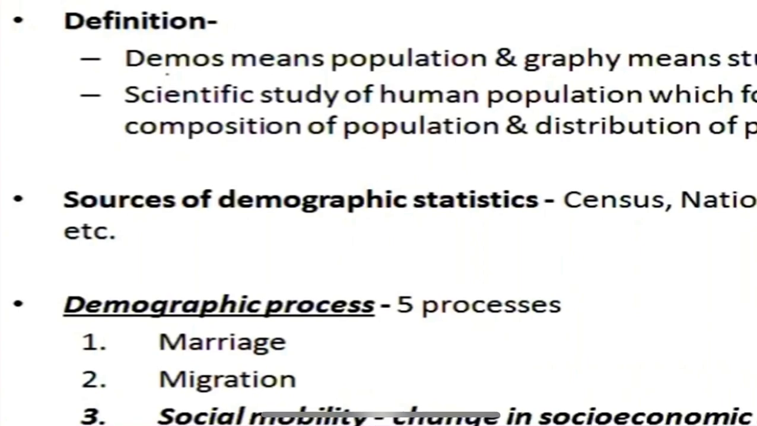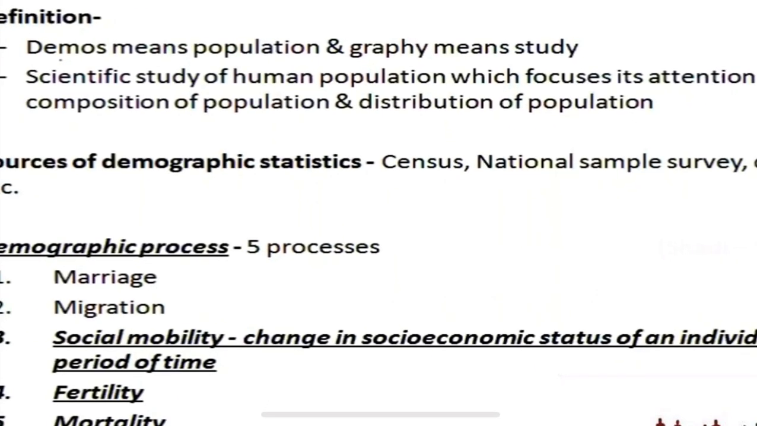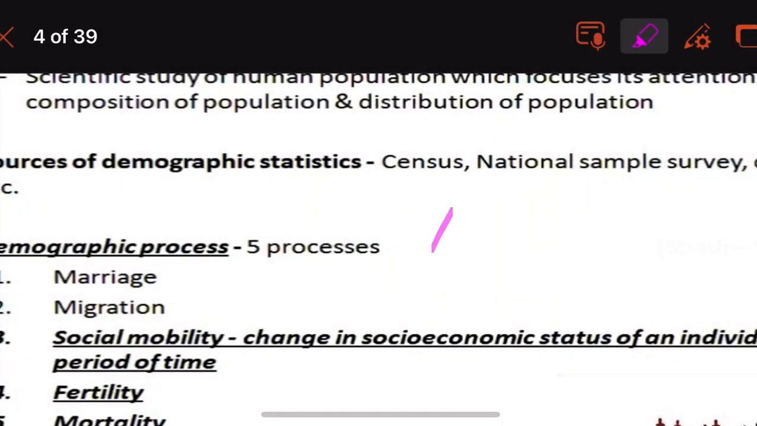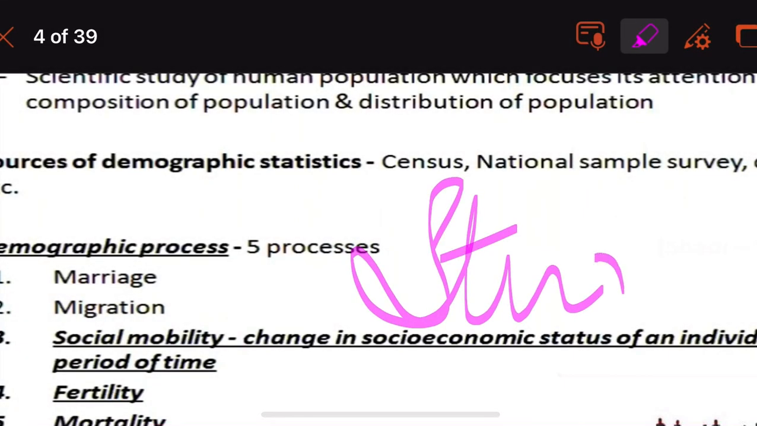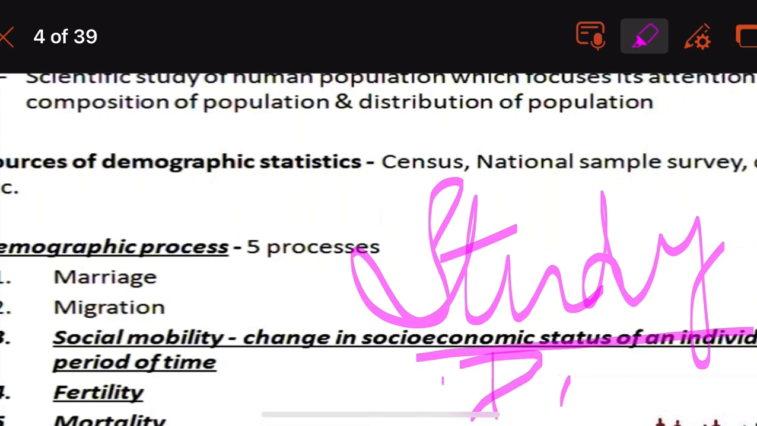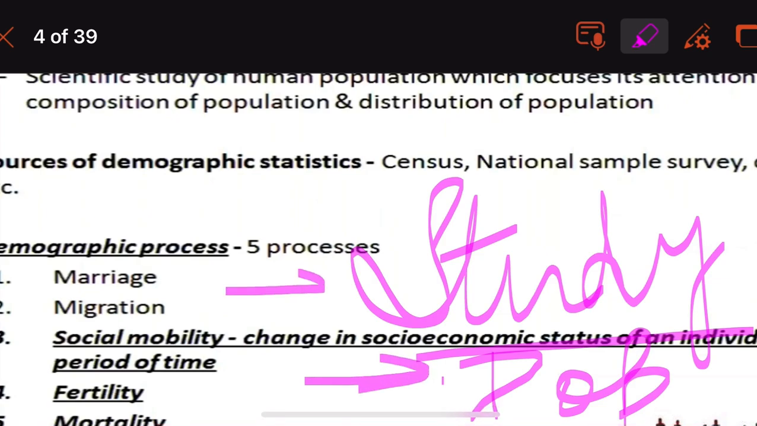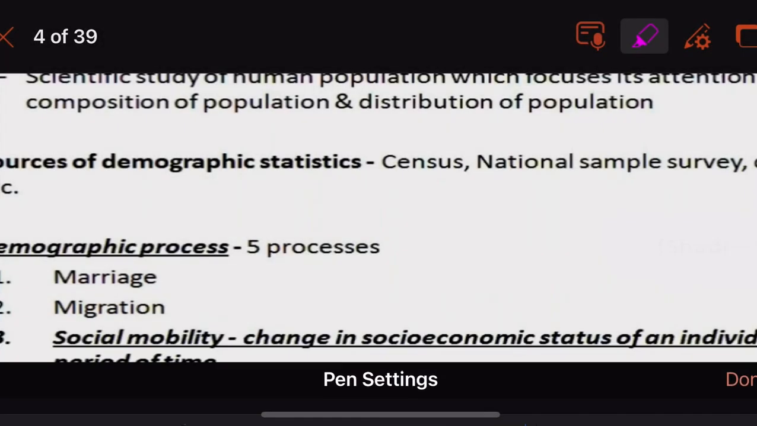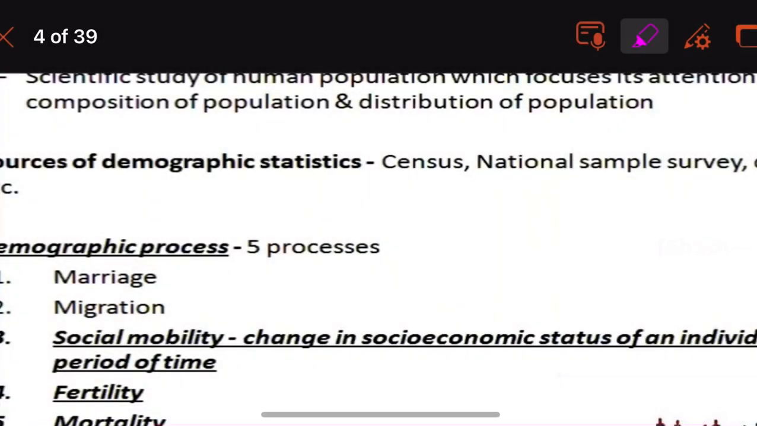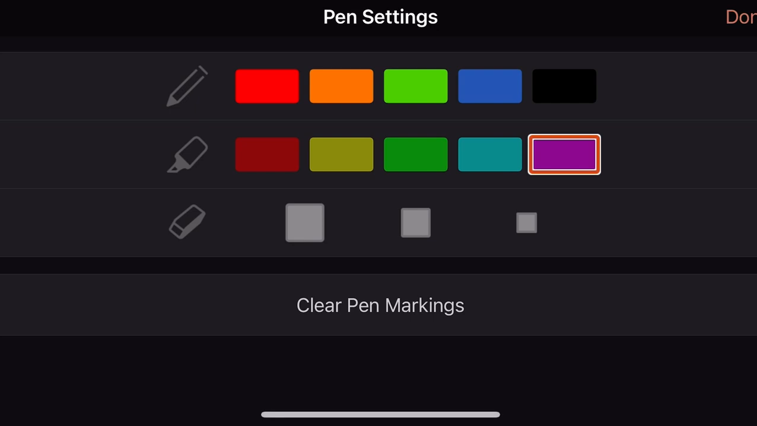Let us start with demography. Definition: demography is divided into two parts, demos and graphy. Demos means population and graphy means study. So demography is nothing but the scientific study of the population. Now let us see, as understood today, it is the scientific study of the human population